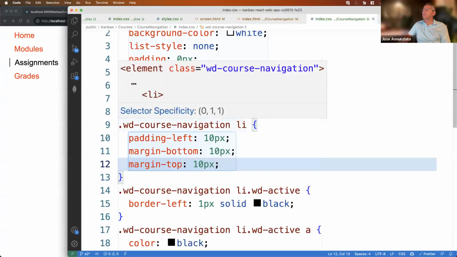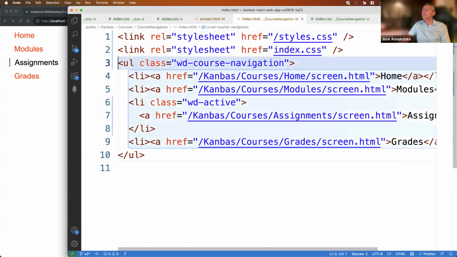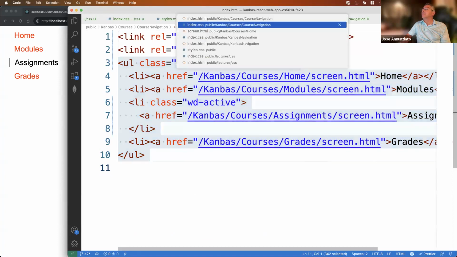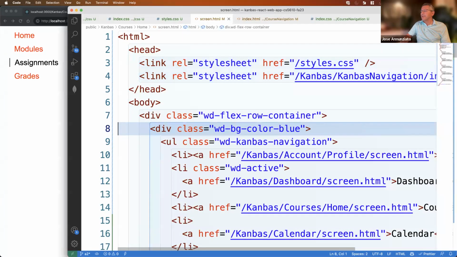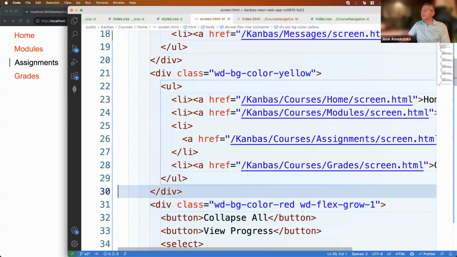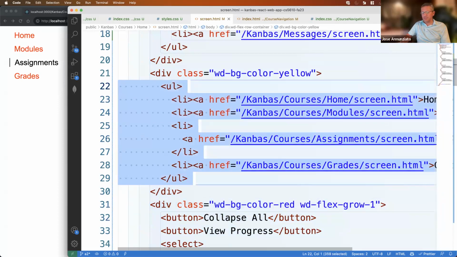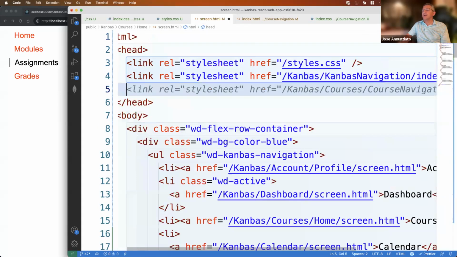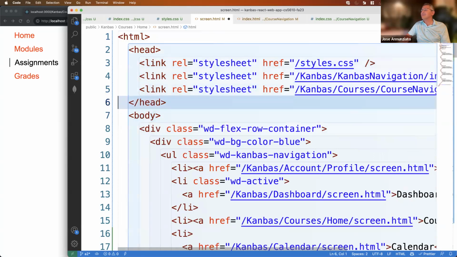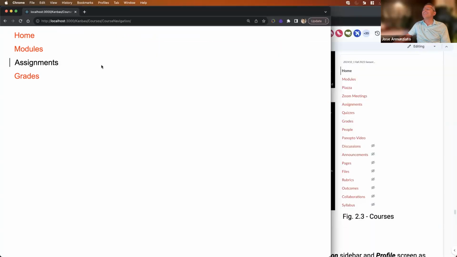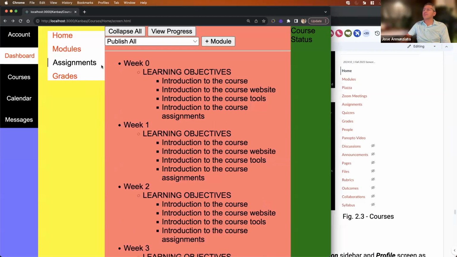And so we can go ahead and maybe copy this and bring it over to the home screen, and just drop it in here, under the course navigator. We can say paste, and we'll need to load the index file for the course navigator. Did it load it? Yes, my AI is pretty good. So if we go back and refresh,